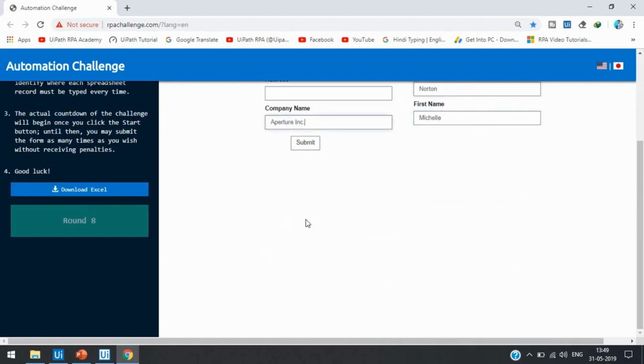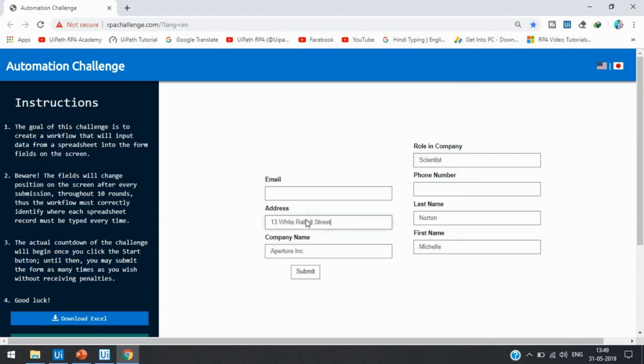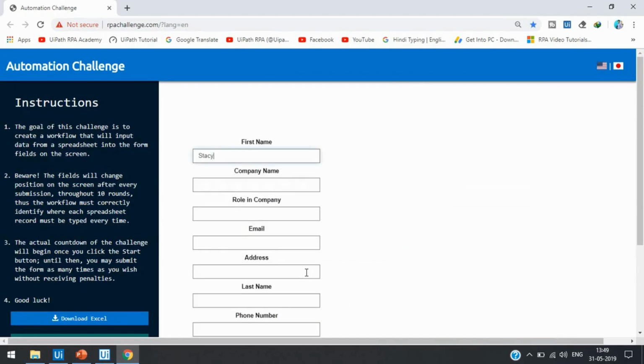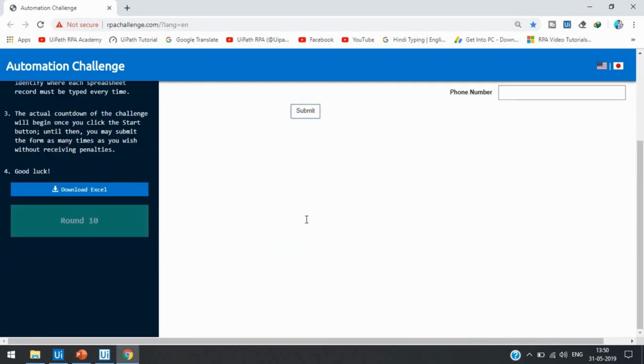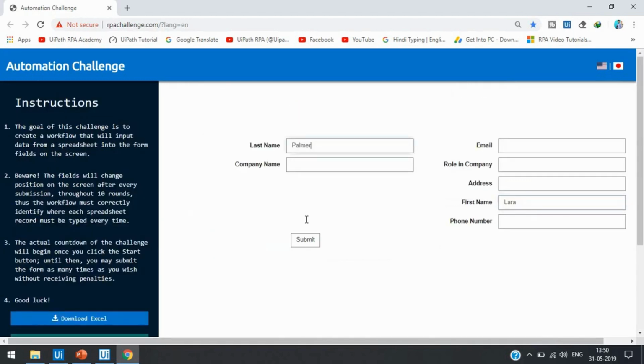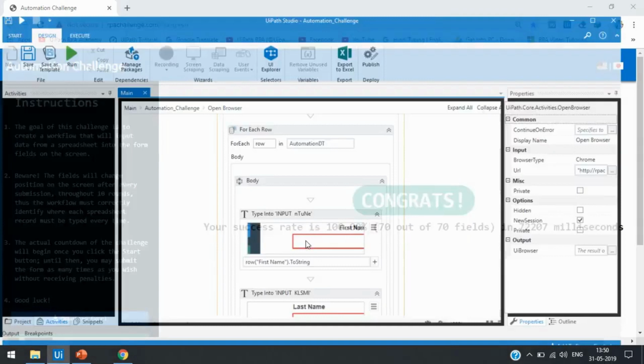So it is showing it's around 8. Now it is showing this is last round, 10th round. It will pass, submit, then click.